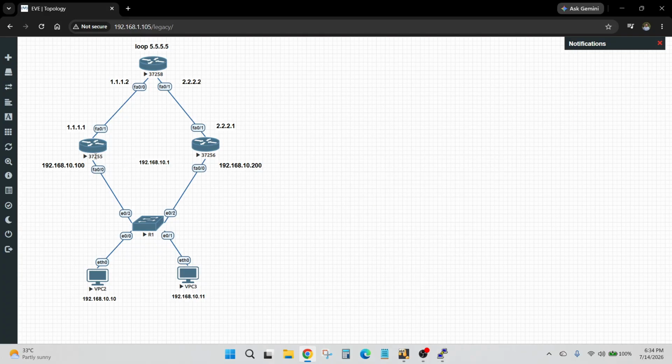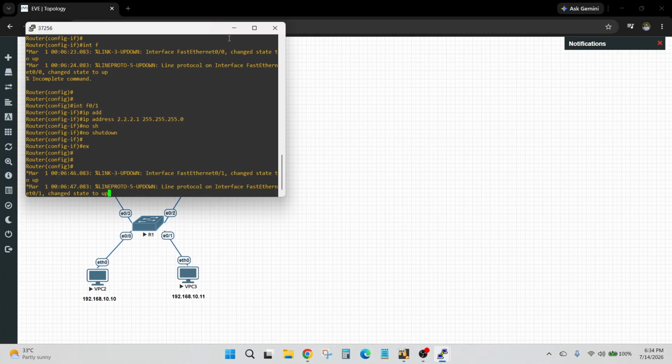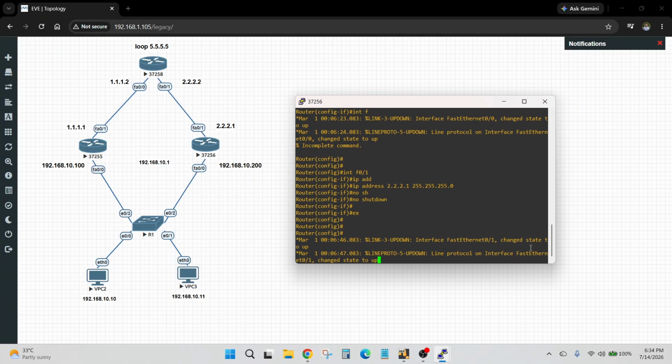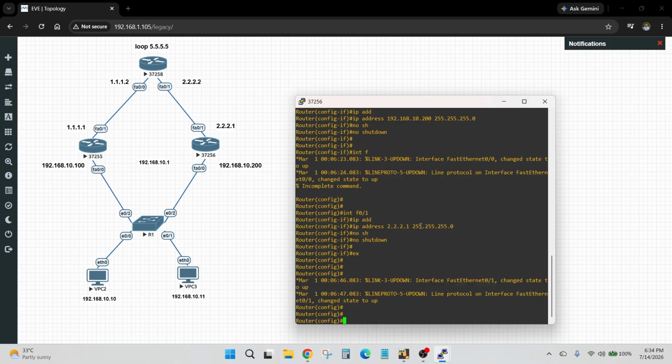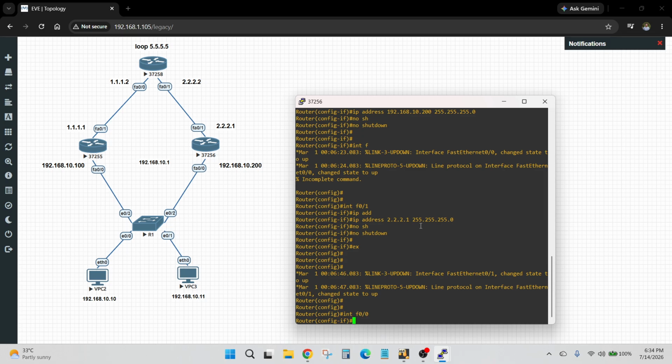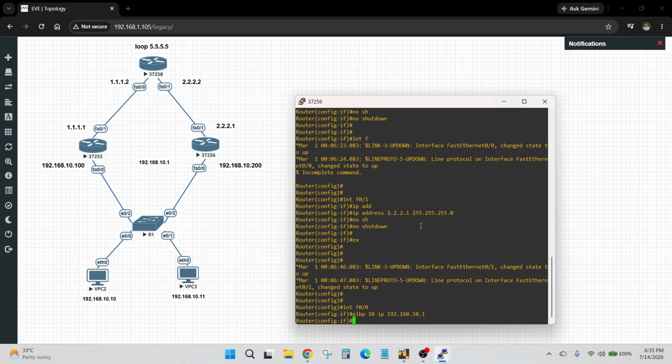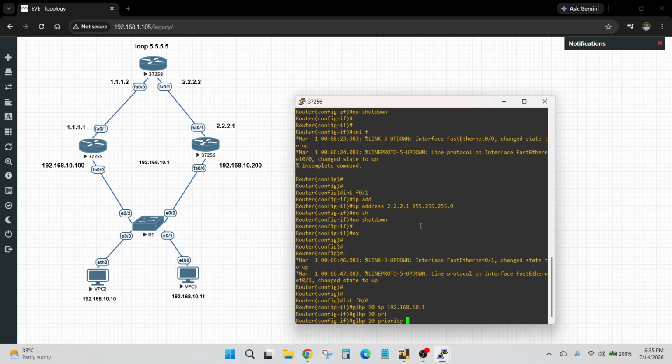Now we go to router 2. Enable, interface fast ethernet 0/0. Then GLBP 10 IP 192.168.10.1. Then GLBP 10 priority.